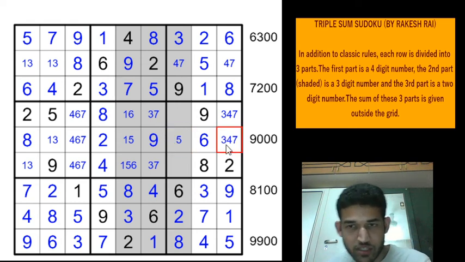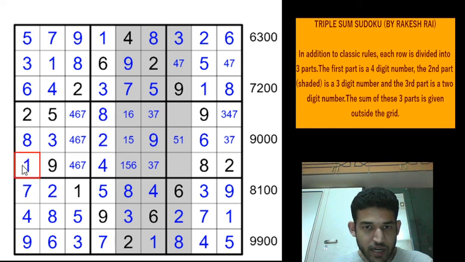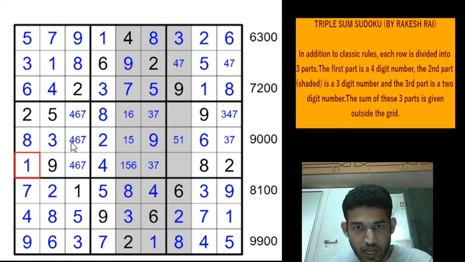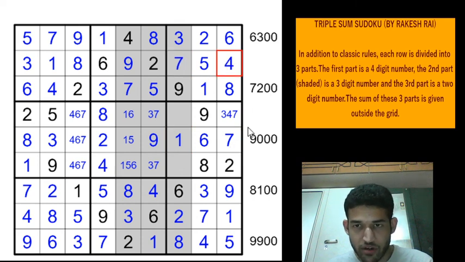This is a 4, 4 is not possible, so this is a 3 or a 7, which means this is 5 or 1. Now we have a 1 5 pair here, that gives a 3 here, right? This is a 3, that gives a 3 here, a 1 here, and a 1 here. And because of this 3, we get a 7 here, right? And we know that these two cells must add up to 8, so that they couple with the 2 and make a 0 in the units position. So this should be a 1. And because of this 7, we get a 7 and a 4 here.